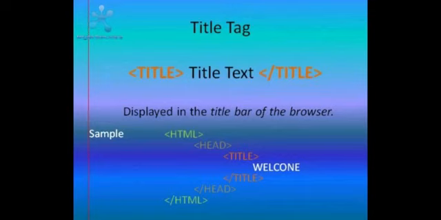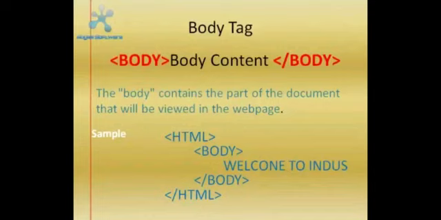Now let us start with some important tags of HTML, like title tag: title opening tag, and then we write the title text in between, and then title closing tag with slash. Body tag: opening tag, in between we write body content, and then closing tag of body. The body section holds everything like text, lists, tables, forms, etc., which are displayed on the web page.